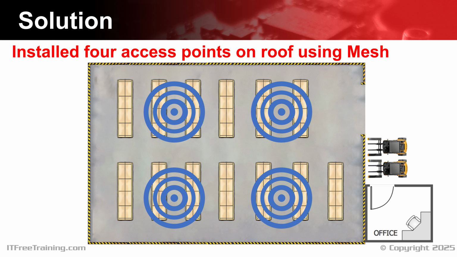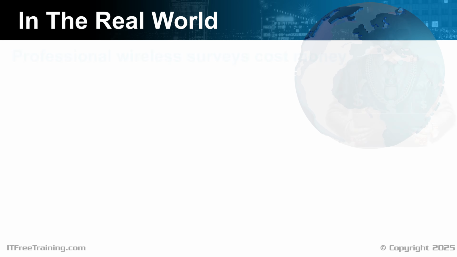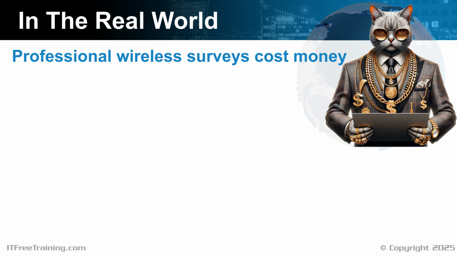The access points were moved to the roof so the Wi-Fi signals could be distributed around the metal shelving without being blocked as much. Once complete, it is not a bad idea to do another site survey so you have some evidence that it is working as expected. In the real world, professional wireless surveys cost money. Simple wireless surveys may only cost a few $100s, whereas complex surveys may cost thousands of dollars. If you are installing Wi-Fi in a warehouse, as in the example provided, often it is pretty easy to justify the cost to a business compared with the loss of efficiency if the Wi-Fi does not work very well, especially when you consider how long the Wi-Fi installation will most likely be used for.